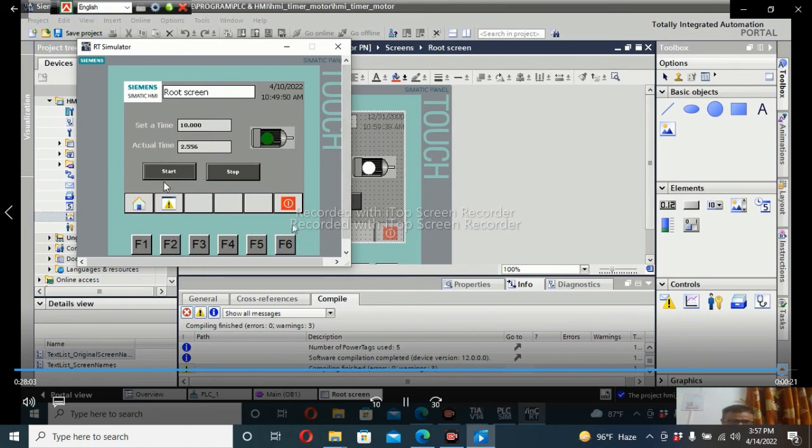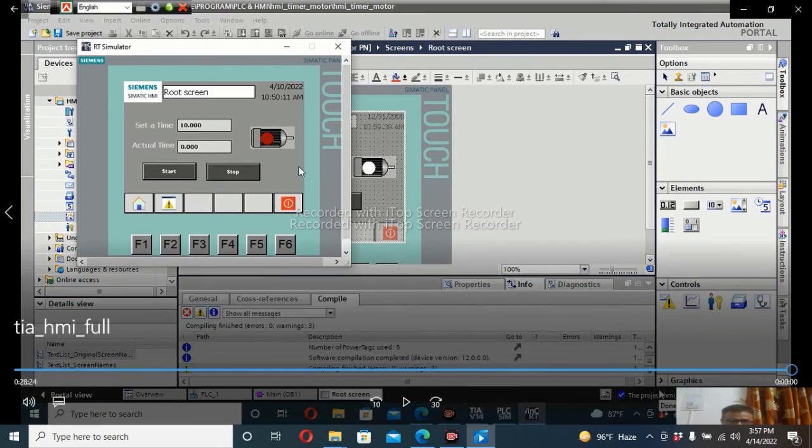Again I have started it and stopped it before finishing the 10-second time. It will be off when the stop button is pressed, and again you can press the start button, and the motor is in run condition. So this is the way how to write the ladder program and make the